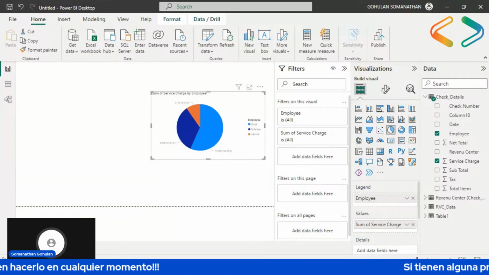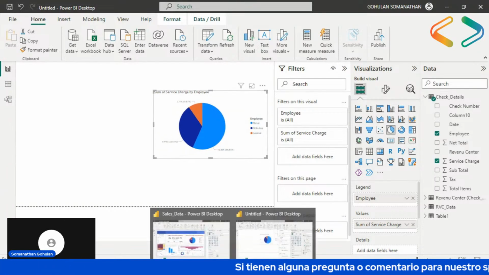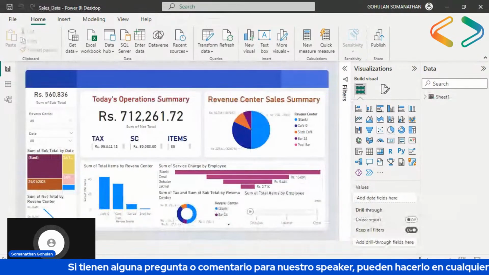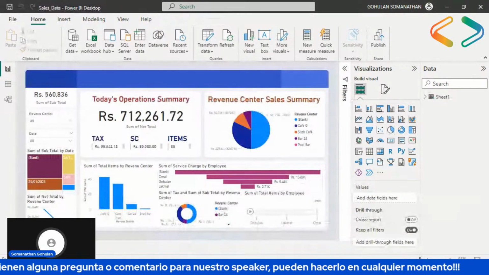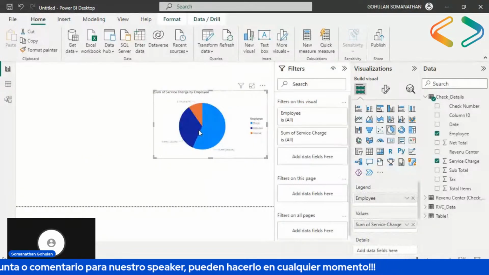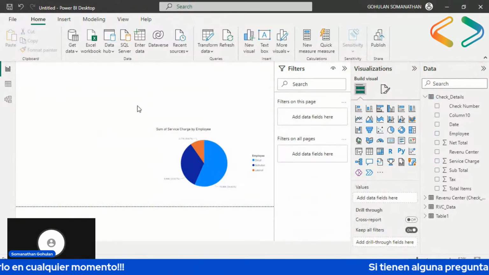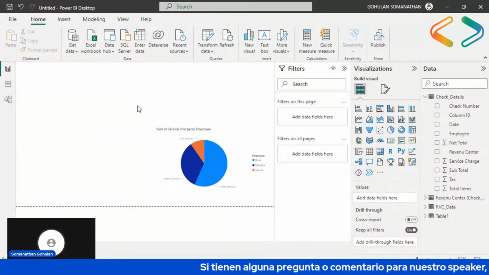Next, what I did was a pie chart. Now I'm going to show you a basic card in the dashboard. The dashboard is a storyteller.